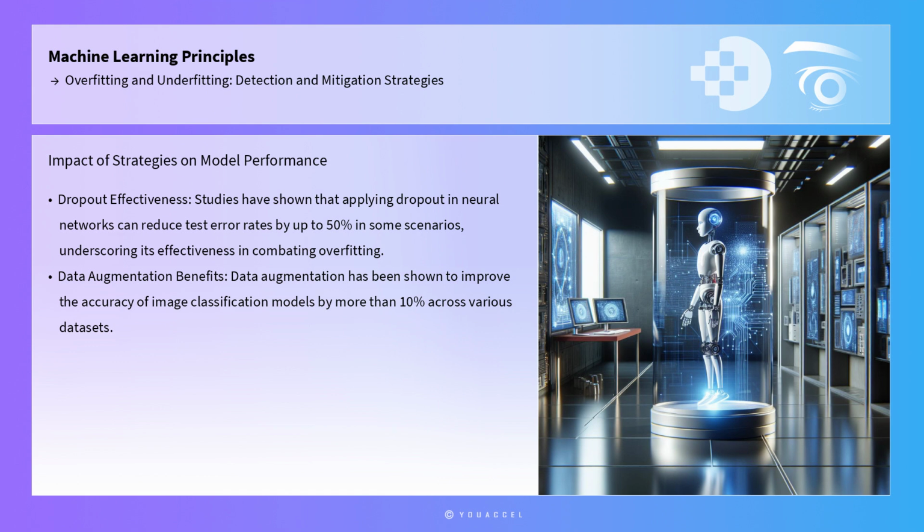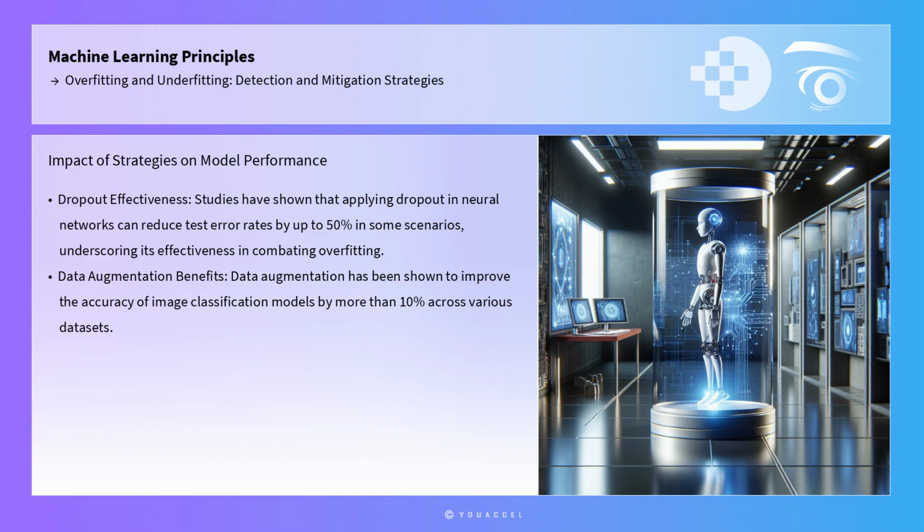Statistics further illustrate the impact of these strategies. For instance, studies have shown that applying dropout in neural networks can reduce test error rates by up to 50% in some scenarios, underscoring its effectiveness in combating overfitting. Similarly, data augmentation has been shown to improve the accuracy of image classification models by more than 10% across various